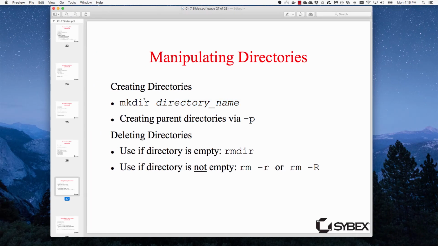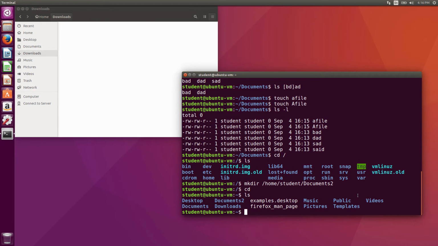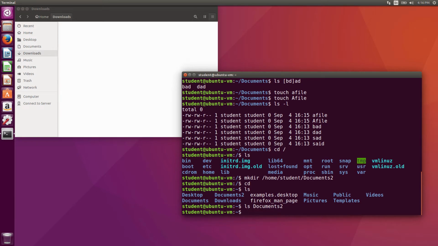There are lots of flags that you can use with mkdir. In fact, I'd encourage you to look at the man page for it so that you can become familiar with some of them. One of them that we'll talk about is -p, and what it does is it creates directories along the way that don't already exist. For instance, if we look at documents2, I just created that, right? So there's nothing in there. But if I wanted to make a directory inside of documents2 called mystuff, and then a directory in there called, I don't know, CSCI211,